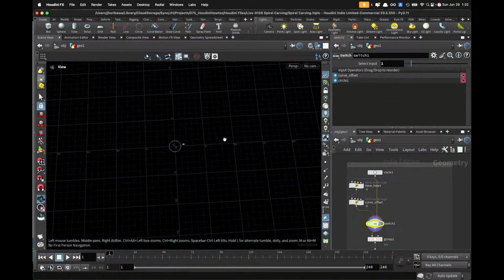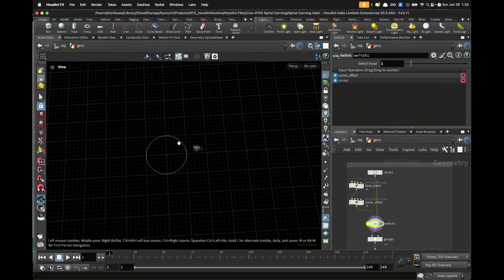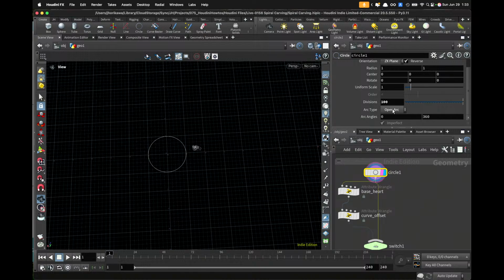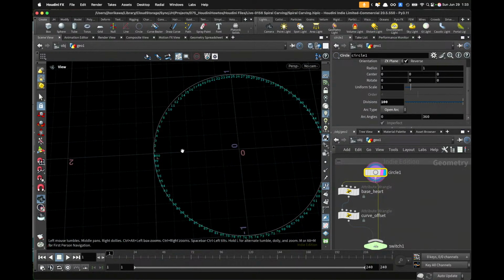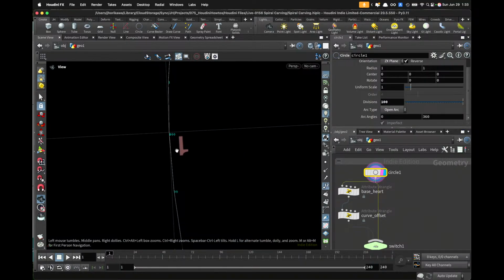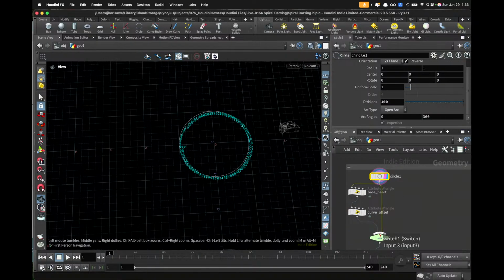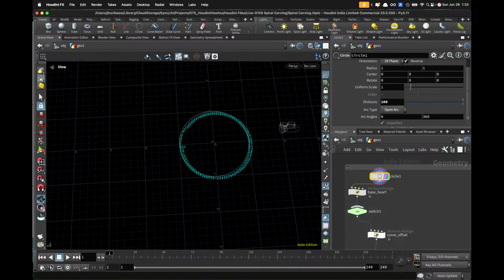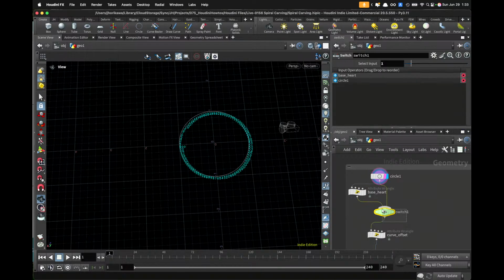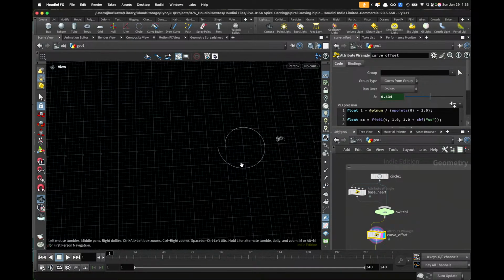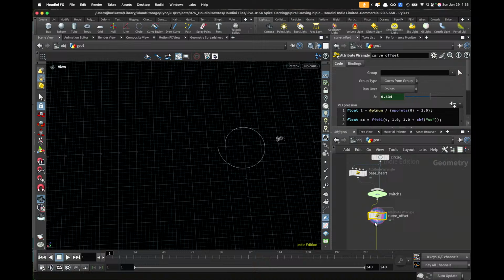Now the size looks a bit drastically different, and this is an open arc, but I don't see any changes here. So this is the starting point here for the circle. Okay, the curve offset has to be done for every curve. Okay, now the offset looks like this on the circle. Okay, since the base size is different,